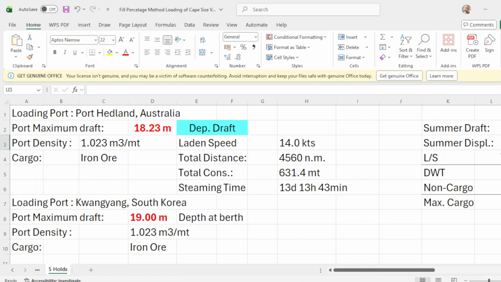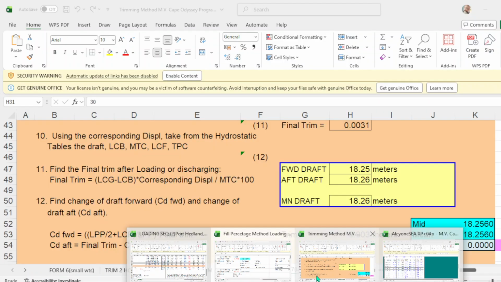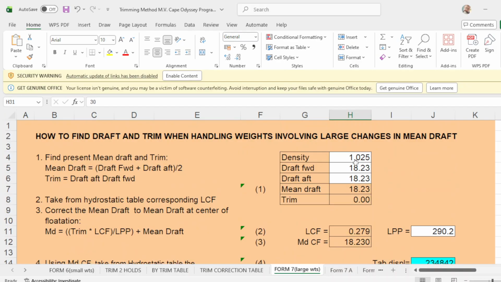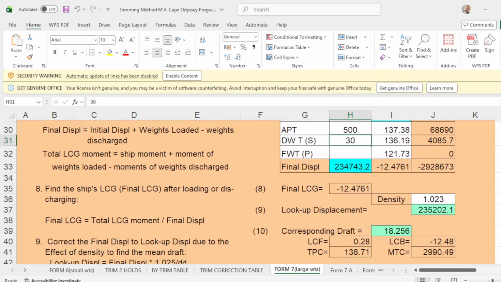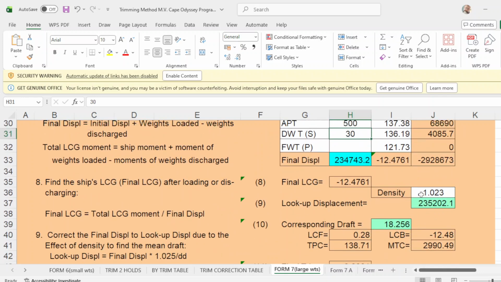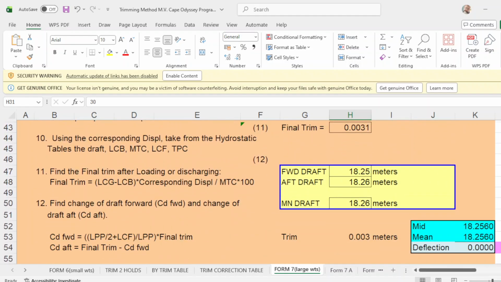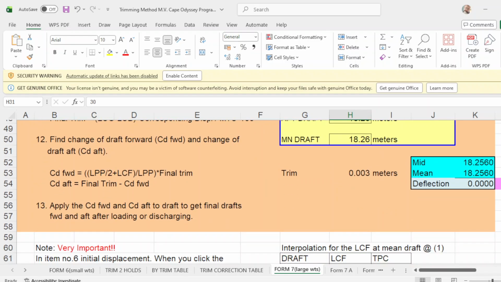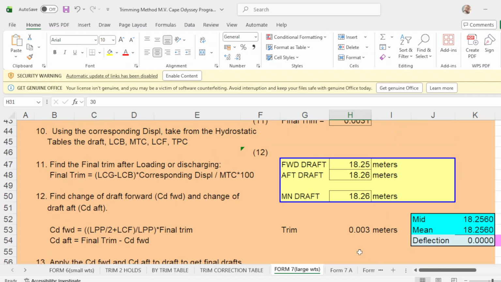But the density at berth in departure is 1.025. Okay, you might get confused. So this is the local density or the seawater density. So this is seawater, and this is the local density at Gwangyang. Seawater density 1.025. That's why you have an even keel arrival. Okay. I hope that's clear.